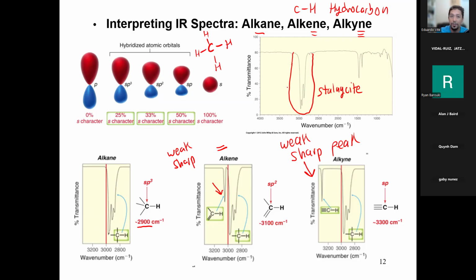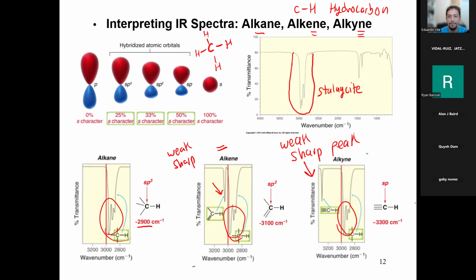You need to know what it looks like. You need to know what it is, but it's everywhere. So sometimes it's not very useful. But this is present in every spectra. Look at the alkyne. It's right there, right? It's right here. Look at this. Look at the alkene. It's also right here. Look at the regular alkane. It's right here. It's just that when you have a double or a triple bond, you get this extra weak,